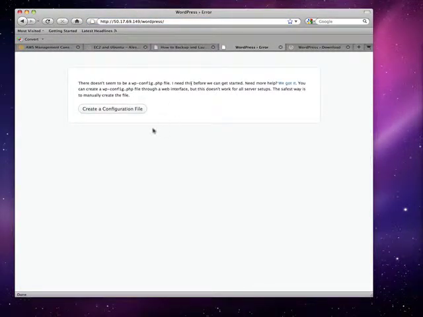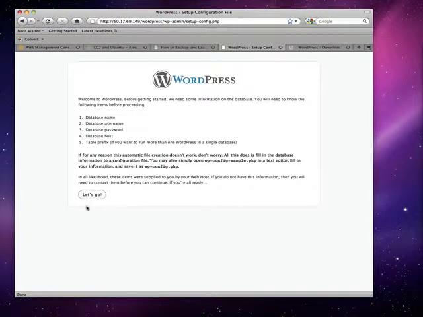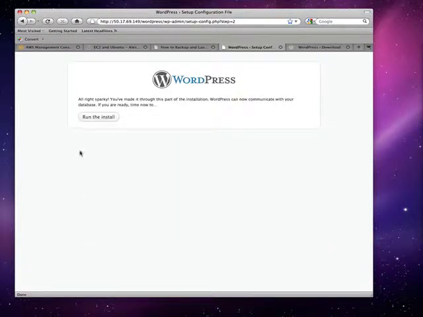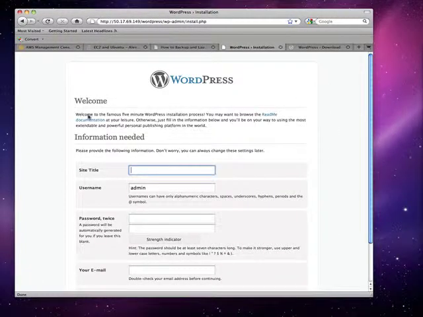Okay, so WordPress is installed. I will create a config file. WordPress is my database name. Bad idea, but guess what? We did that. Okay. Localhost. Okay. And it's done. WordPress is installed.